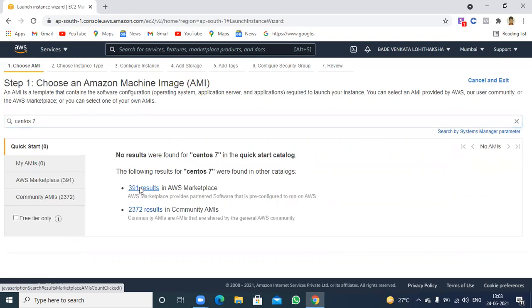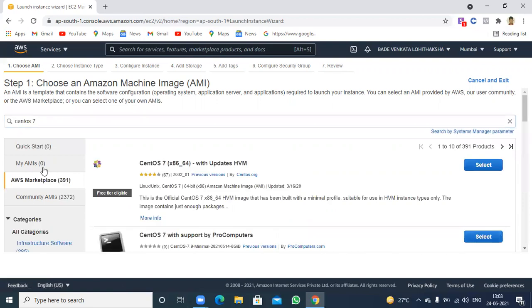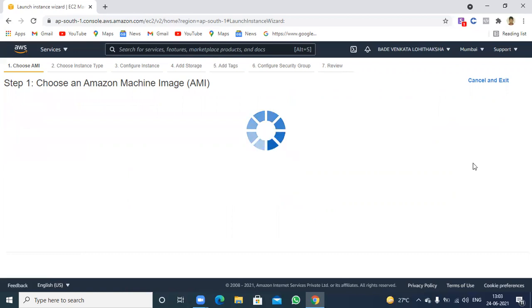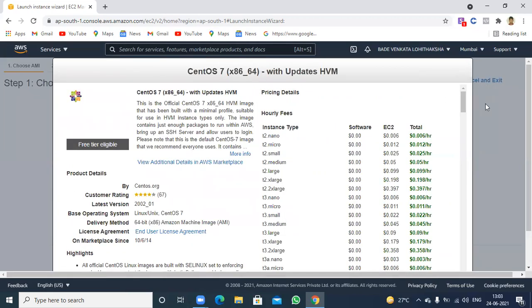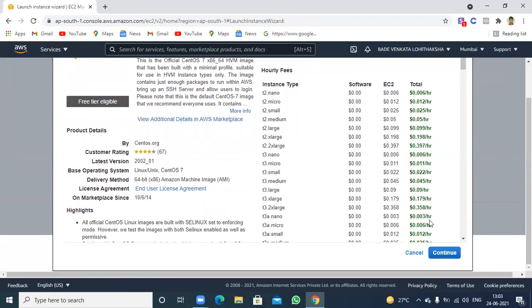Let us click on these 391 results, or otherwise you can click on the Amazon Web Services Marketplace itself. So now in this video I am going to select CentOS 7 itself. Okay, now what you need to do is click on Continue.